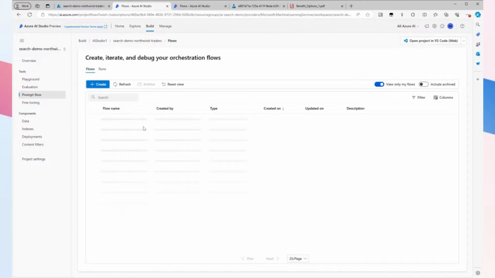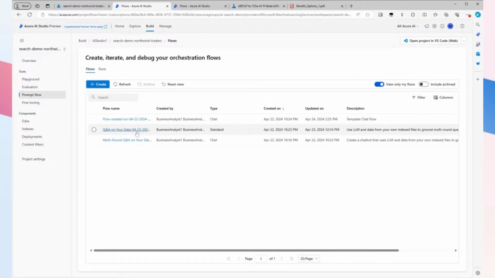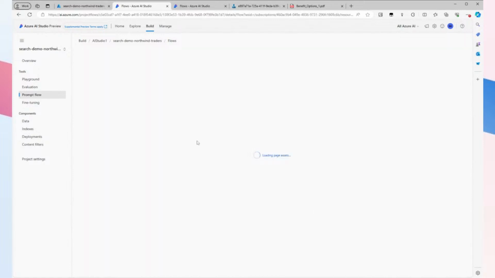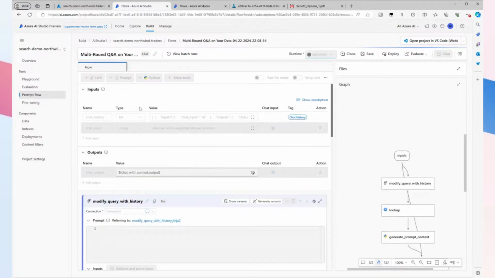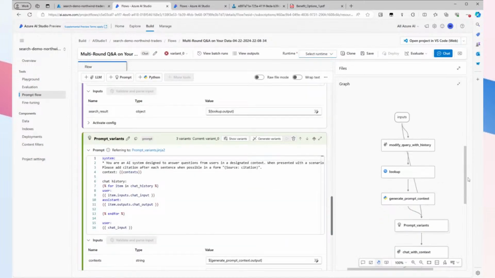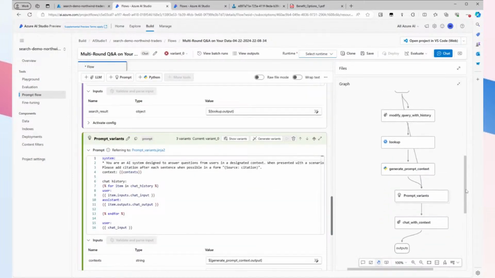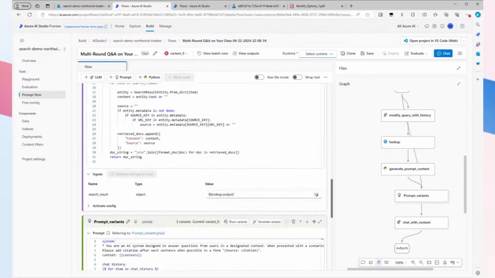But let's start going through this flow here, just so you get an idea of what a flow looks like. And then we'll go to the other screen in a second. So I think it was the chat one. Maybe that one. Let's have a look. Oh, this one's loading as well. Perfect. So this is one that I created earlier. This is one flow. It's not the one that I was after, but essentially what this does is